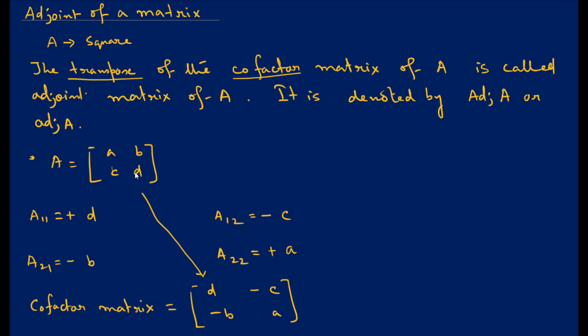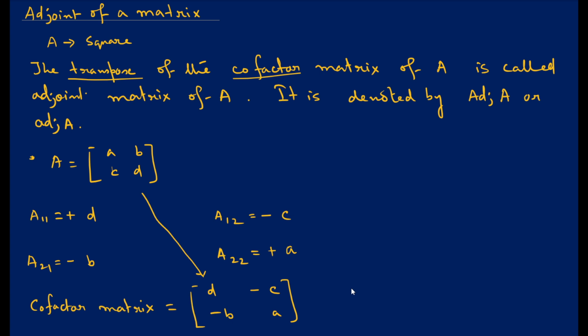In the diagonal what we have? AD. Now we are writing DA. So interchange the diagonal, and the other two elements you have to interchange but with a negative sign. So it is CB, but here we are writing minus B and minus A. So you can write it directly also. Someone says that this is a shortcut. So if it is a shortcut, then directly you can write this one.